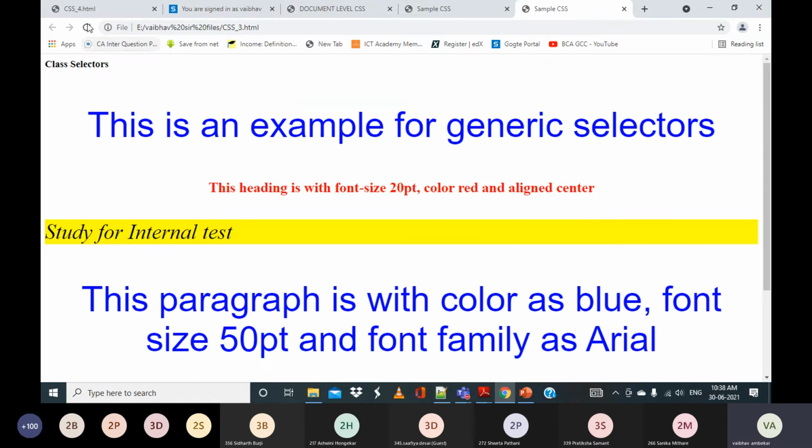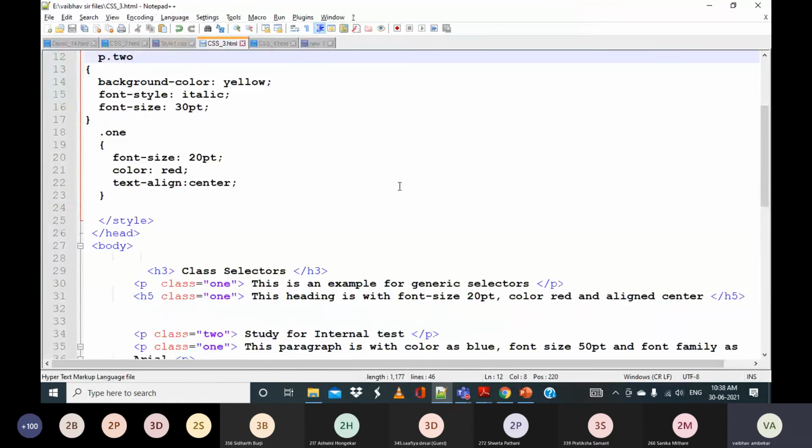Let me just check it out. Okay, so here I need this, so I'm getting it like this. Okay, one, what I have given. Since this is the paragraph, it is taking one. Whereas in this H5 class equal to one, this will be considered for this particular thing.